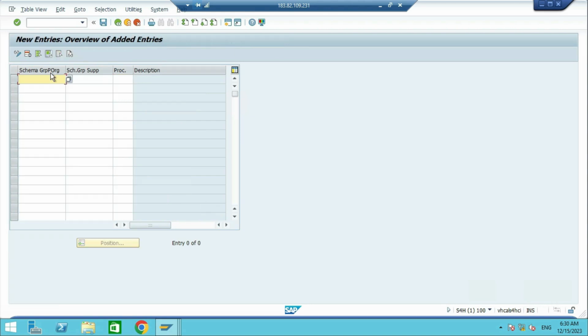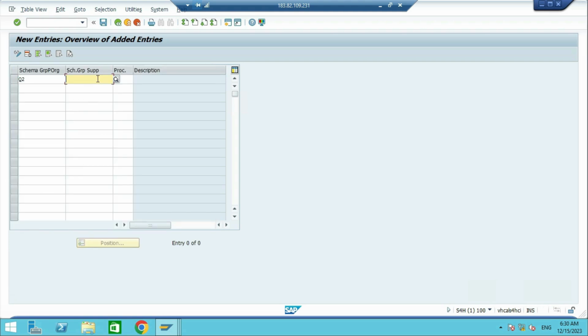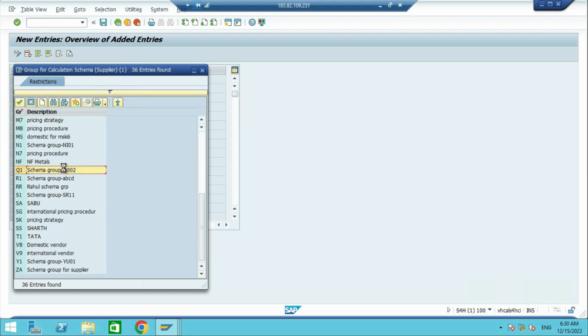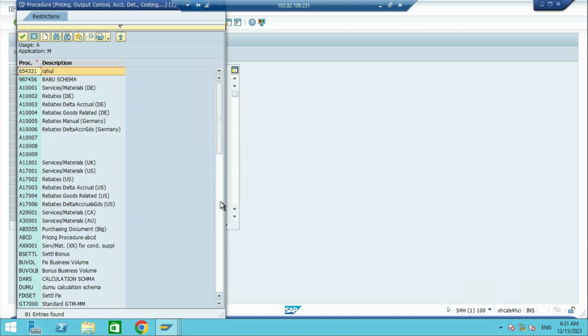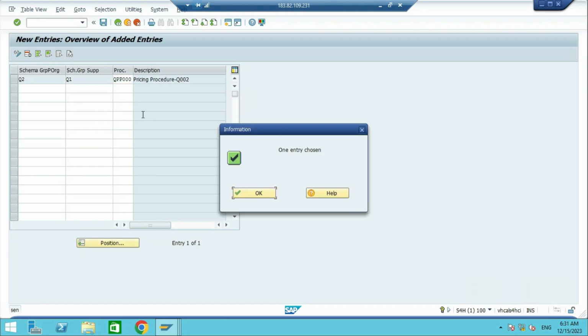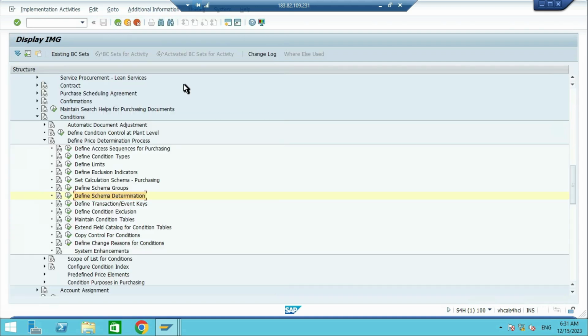So define calculation schema for standard purchase orders. Execute. New entry. Enter the schema group for purchase organization. And then select our schema group for supplier. Here we need to select our pricing procedure QPP00. Enter and save the data. Go to back. So the next step, assign partner schema to supplier